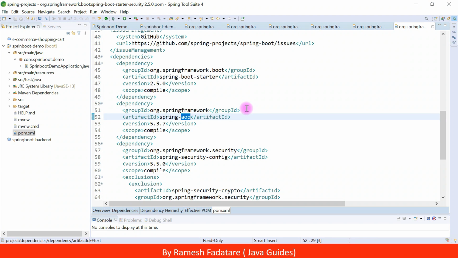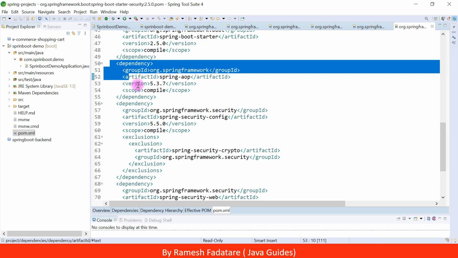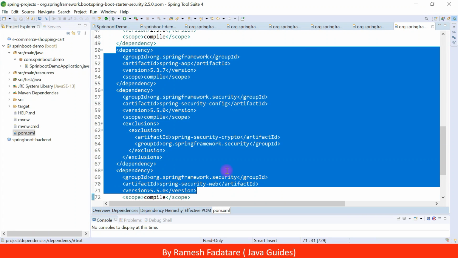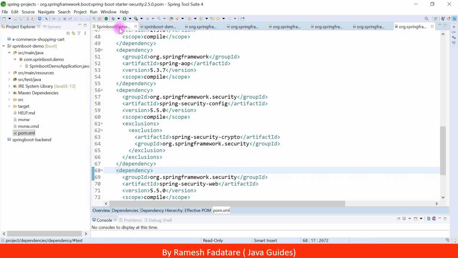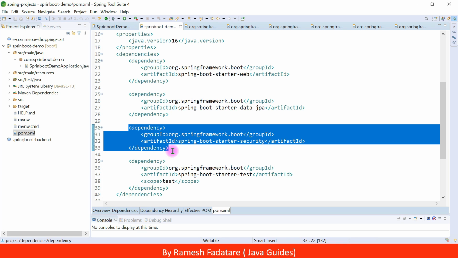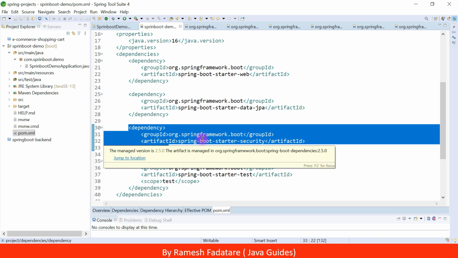Whenever we want to use Spring Security in our Spring MVC application, we need to add all these Spring Security dependencies, right? And we need to maintain all the versions. So instead of adding all these dependencies, the Spring Boot team provided a Spring Boot starter called Spring Boot starter security. We can use this single dependency to have Spring Security in our Spring based applications.